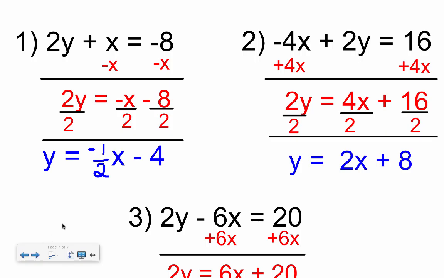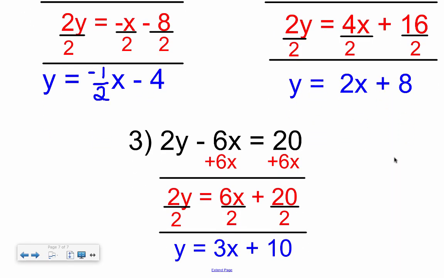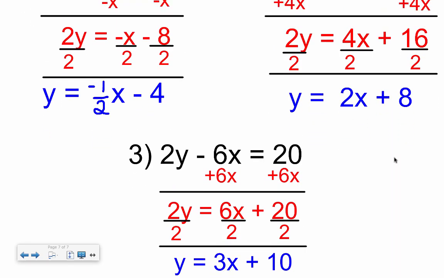Okay, welcome back. So what you see now is the work and the answers for each of the equations. So number 1, you should have y equals negative 1/2 x minus 4. Number 2, y equals 2x plus 8. And number 3, y equals 3x plus